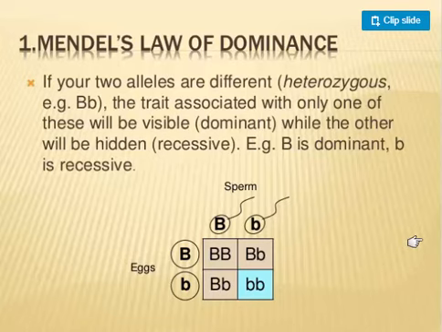So according to Mendel's first law, organisms inherit 2 copies of each gene, 1 from each parent. Organisms donate only 1 copy of each gene in their gametes. So in the sex cells, because we already said that the sex cells have half the number of chromosomes, you have 1 copy of the gene. So the 2 copies of each gene segregate or separate during gamete formation. So Mendel's first law is responsible for us understanding the fact that organisms inherit 2 copies of each gene, and these organisms donate only 1 copy of each gene in their gamete.